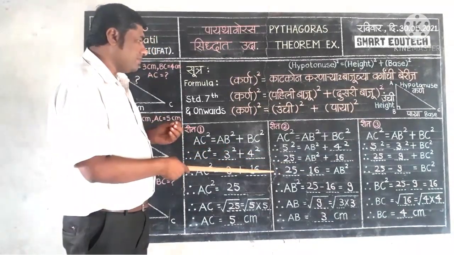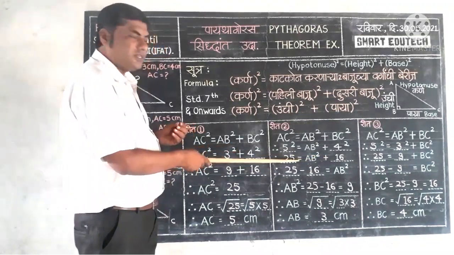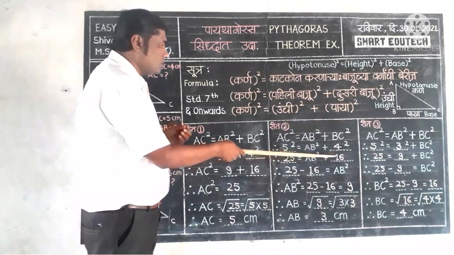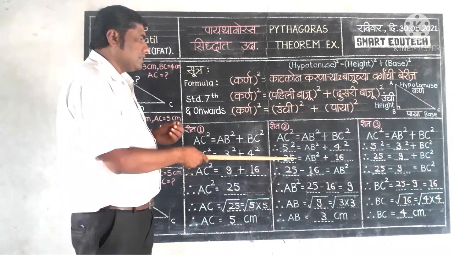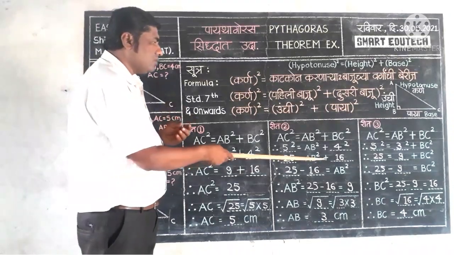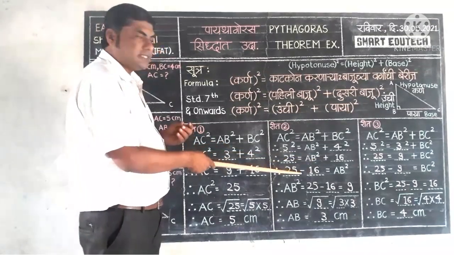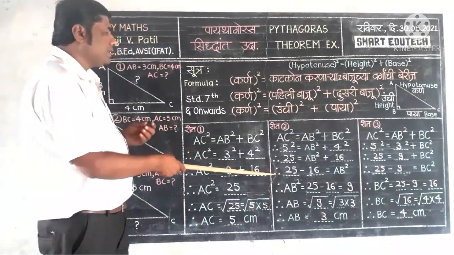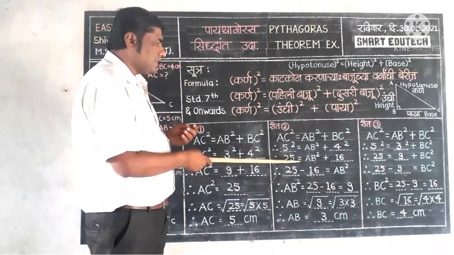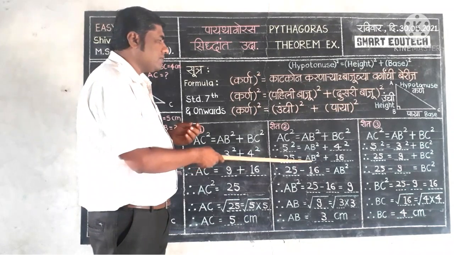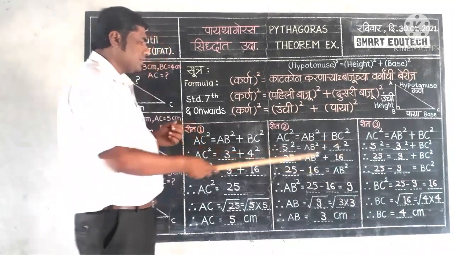Now the fourth step, you have to do one thing here. This plus 16 is on the right side of the equal mark. You have to take this plus 16 on the left side of the equal mark. When changing the side, you also have to change the sign. This plus sign into minus sign. So the step will become 25 minus 16 is equal to, now you can see here on the right side of the equal sign only remains AB square. So I have written here only AB square.